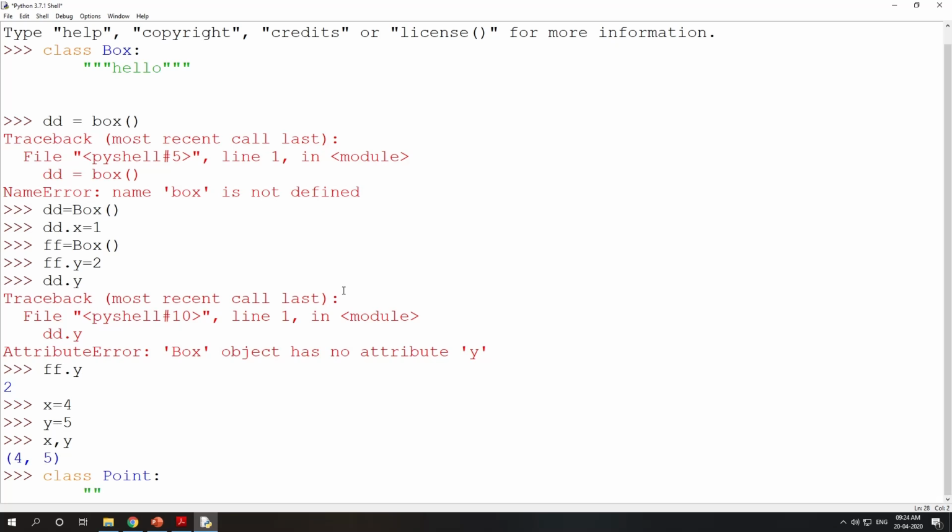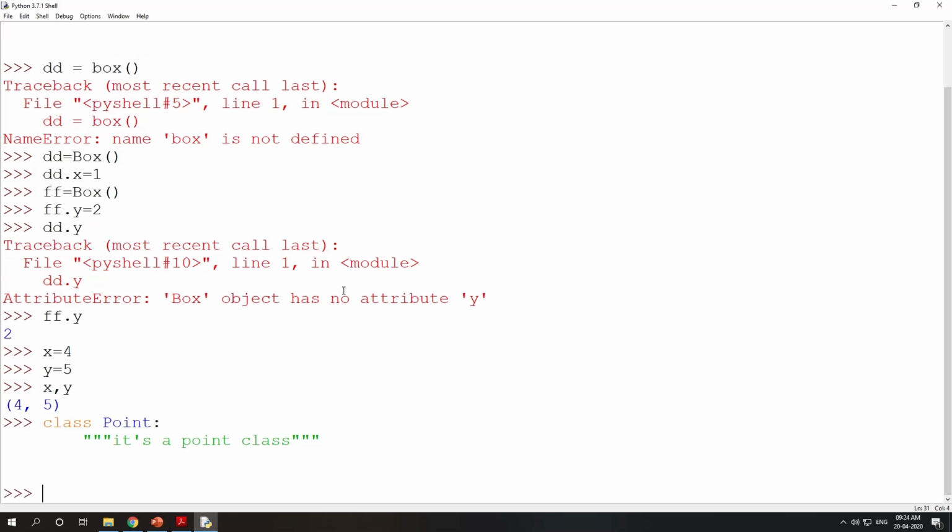First we will have a comment line saying it's a point class. So just a class is created, with no attributes at all.